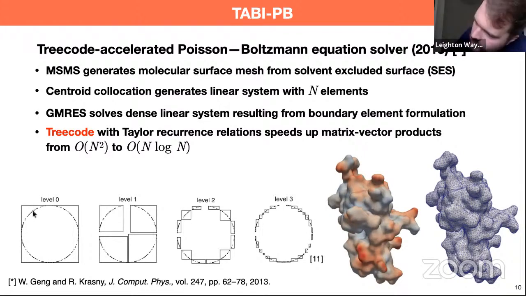So each one of these dots, which are like the centroid collocation representation of our mesh, each of these elements is going to have to interact with every single one of the other elements. So if you have n elements, that's O of n squared operations to do that matrix vector product. So tree codes were used to speed this up from being O of n squared operations to O of n log n operations. The tree codes used in the original TABI-PB were based on these Taylor expansions, which I will not talk about today, but it was the method by which